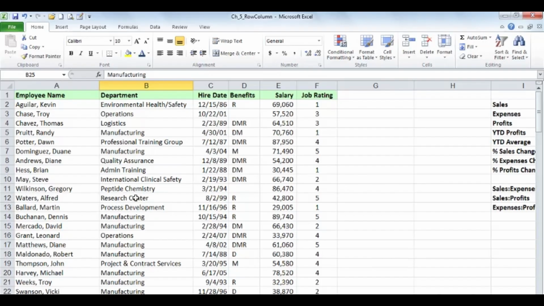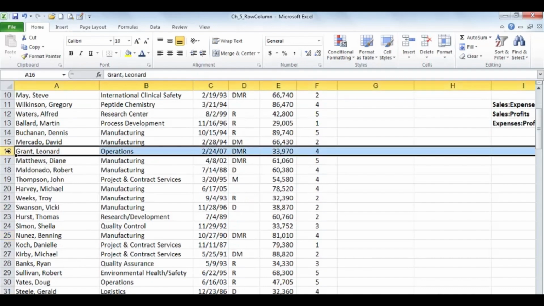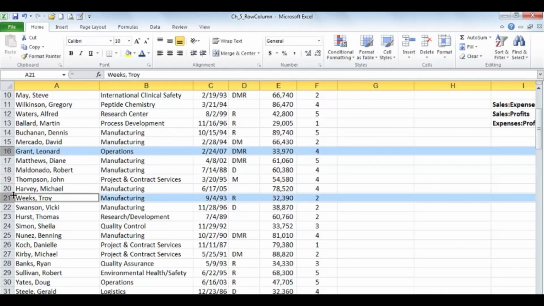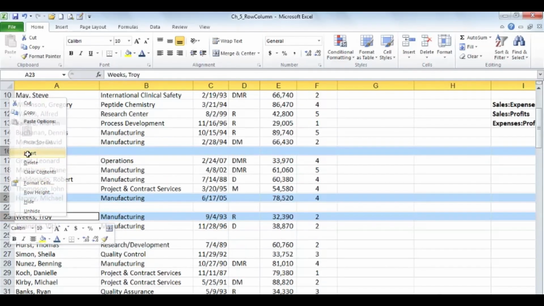But let's also point out that you might, from time to time, need to insert multiple rows. Now this might seem a little contrived here, but I want to put a new record above row 16. I also want to do this above row 21, so I'm holding down the Control key to select row 21. I might also need a new record above row 23. Once again, the Control key is held down. I'm going to click row 23. I want a new row above each of these, so I'll right-click and insert, and we get an empty row